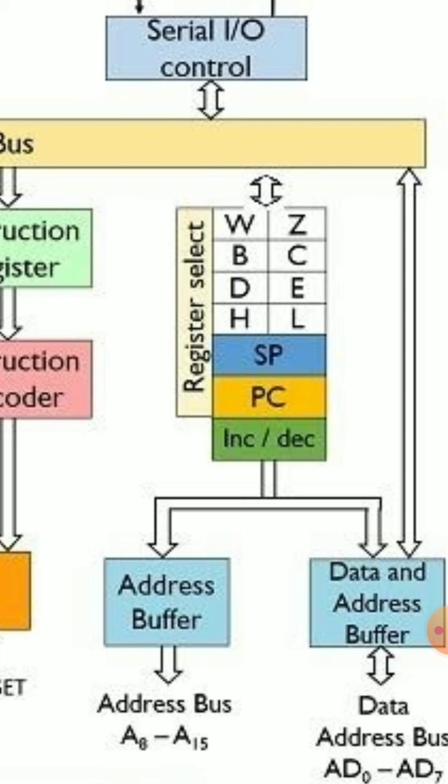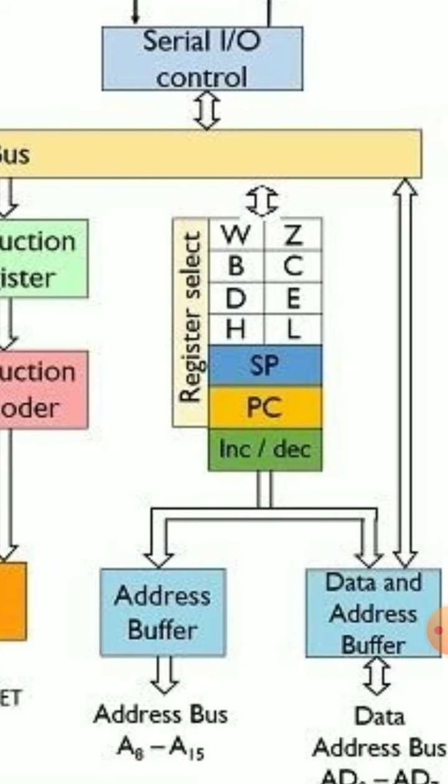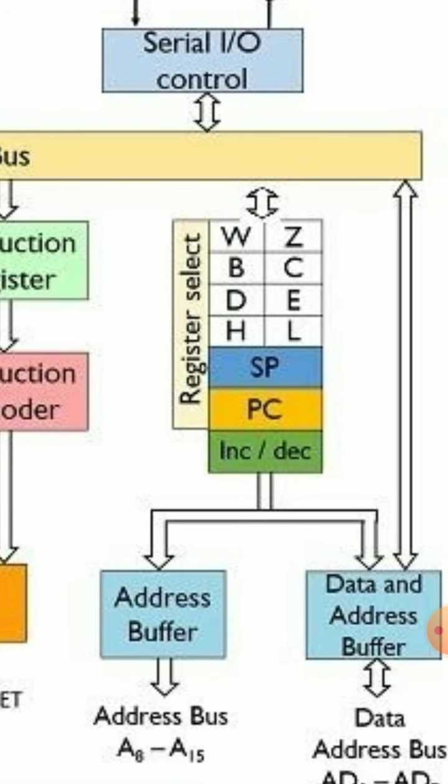What are temporary data registers? Under what condition will they be activated? Is it possible for users to use them? We are going to see all these things. Here WZ will act as temporary data registers during the exchange instruction. I have explained that concept in the previous video on 16-bit addition and subtraction using the 8085 microprocessor. You can refer to that video, where I have clearly explained the exchange instruction.